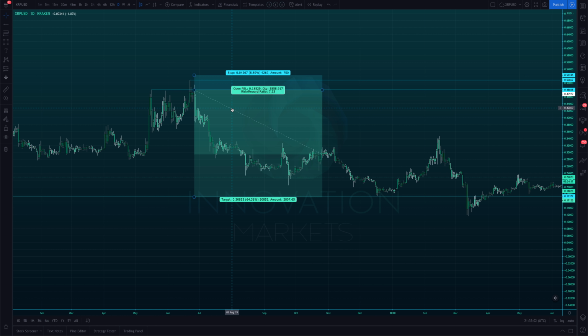So when I'll be showing you in future lessons the understanding of risk to reward, again, there are risk to reward lessons covered in depth in the app already, in the Innovation Markets app, but we can obviously elaborate on this further as well. There's always content that's able to be covered. But if we just go back,